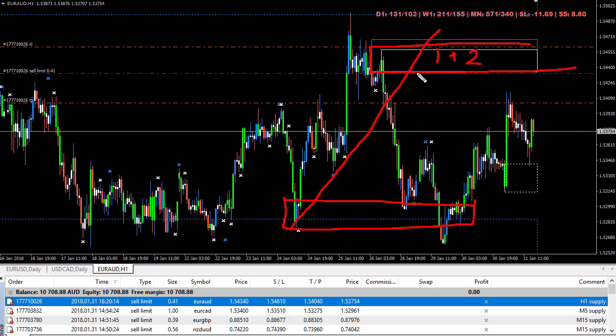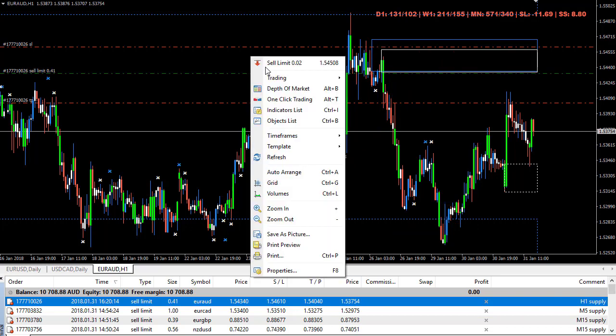So this is a good area for us. And so what I've done is I've simply put on a 1-to-1 risk reward. Okay, so I'm going to sell here. My stop is above the rectangle here, and my target is simply the same size as my stop away. And before I do anything else, I want to show you the